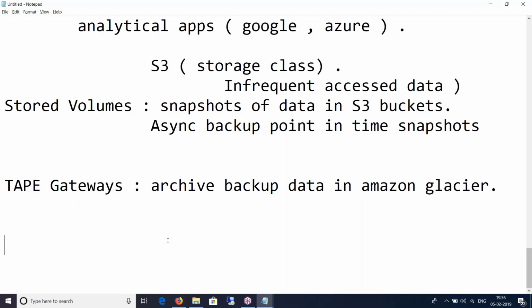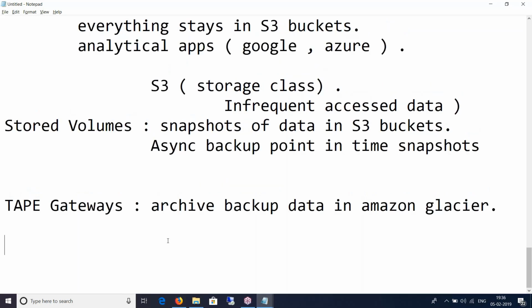Tape gateway is not connecting to S3, it is connecting to Glacier, because Glacier is used for archival purposes and long-term retention of your data. So tape gateways are archiving solutions. They connect to your on-premise and then back up or take archives on Glacier.